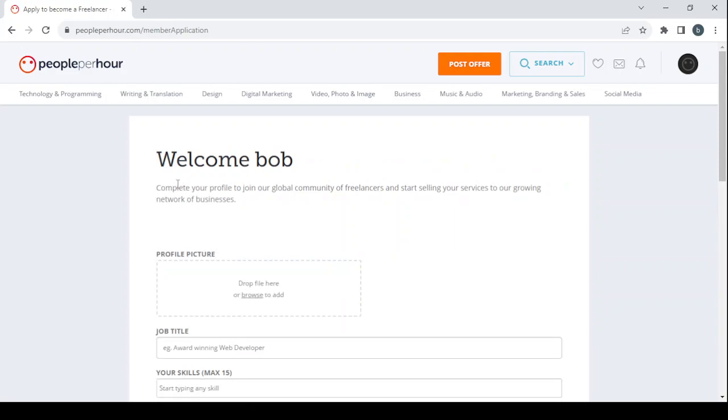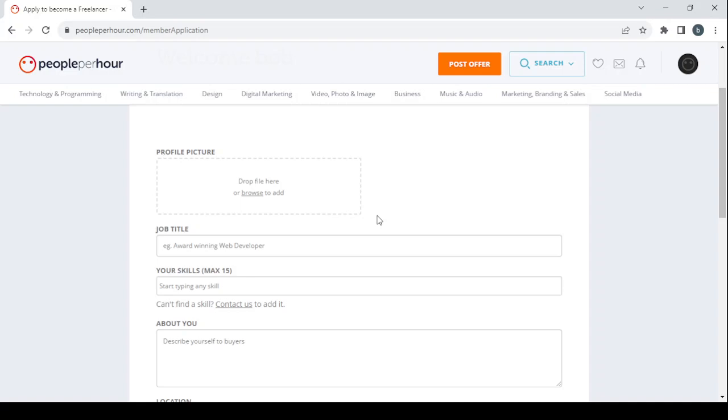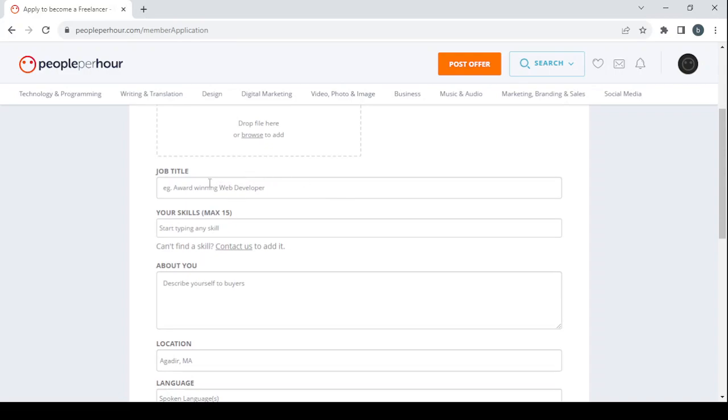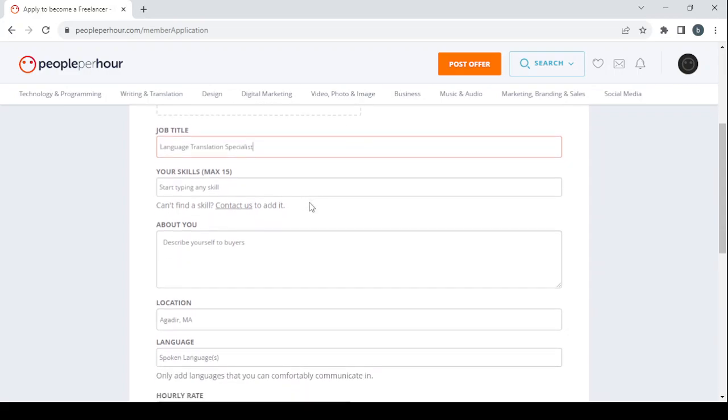After that, complete your profile to join our global community of freelancers and start selling your services to our growing network of businesses. So here, you drop your profile picture, then you proceed to add in your job title. As an example, award-winning web developer, or you can just go with language translation specialist. Then you enter your skills, and the maximum amount of skills you can add is 15, so make sure to use these spots wisely. So here, let's start with language,